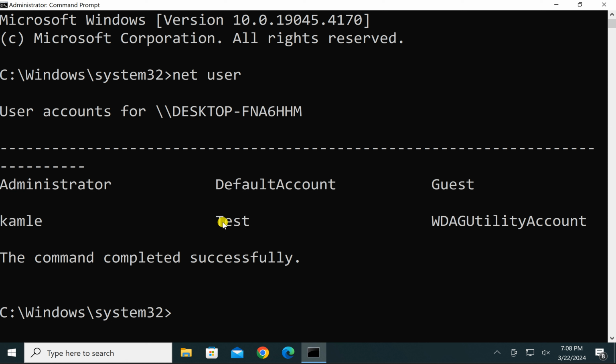Now note down the user account you want to change the password for. Then type the command net user and then type the username. For instance, I want to change this test user account password. So I will type here test, and now you need to enter the password that you want to set for